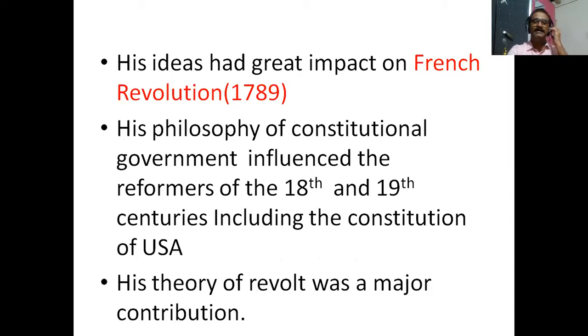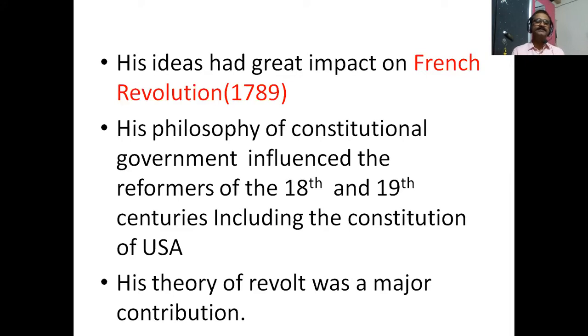Now, in spite of the criticisms and limitations in his theory, his ideas had a great impact on the French Revolution that took place in 1789. And the French Revolution, as you all know, was based on liberty, equality, and fraternity. His philosophy of constitutional government, the government based on a constitution, means that government has to function within the purview of the constitutional obligations. This limited government, the government based on constitution,